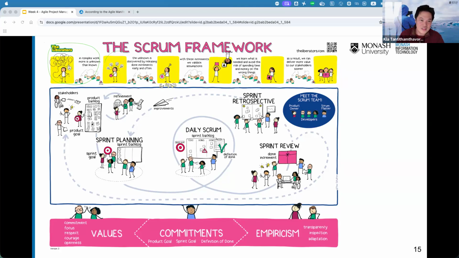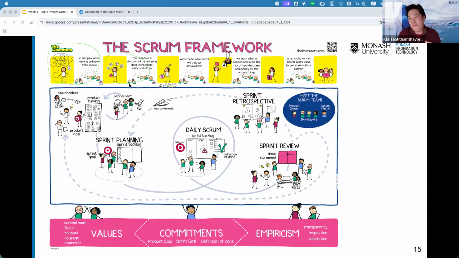Next, the unknown is discovered by releasing done increments early and often. It helps a lot. That's why I mentioned rapid prototyping at the beginning. Once you get the first prototype, you don't expect the customer to say, yes, this is exactly what we want. Maybe they just say, kind of yes, but this is not what we want yet. This is what we want. Now they know what they want. And most of the time they don't know what they want. This is a classic